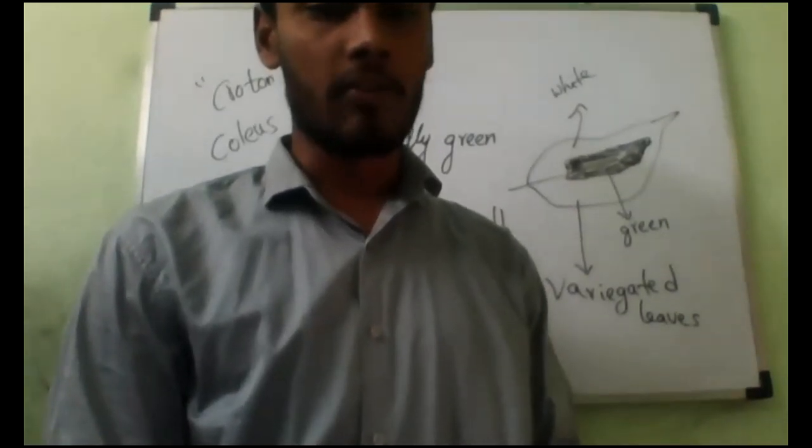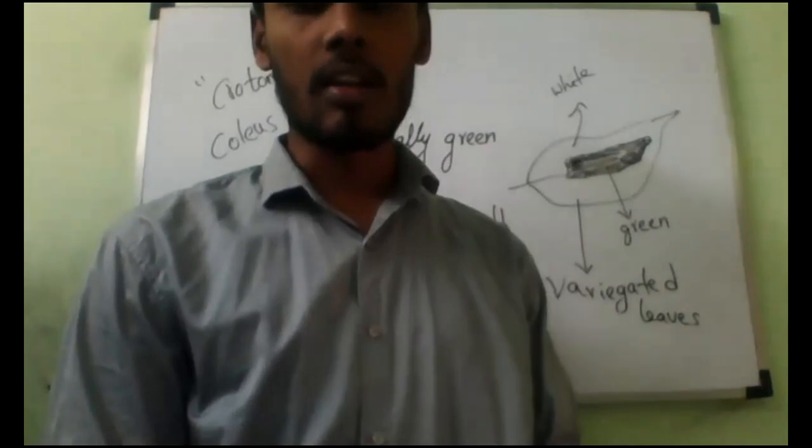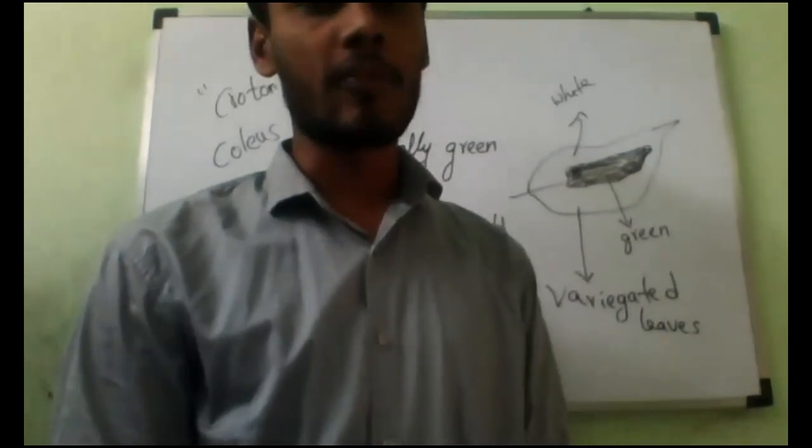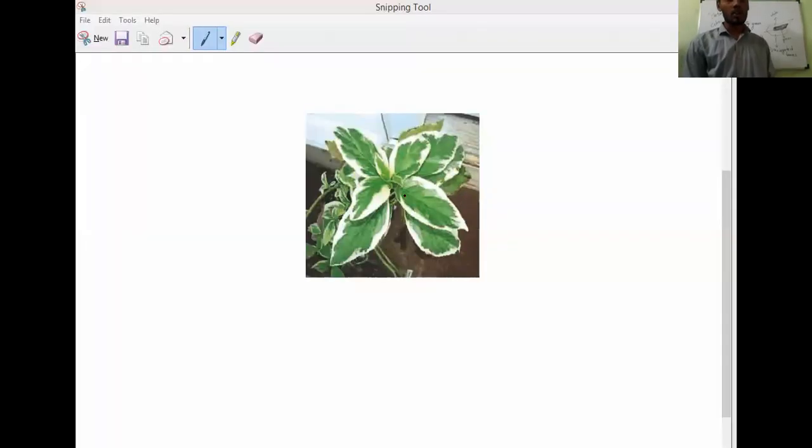Some kind of plants will have yellow also, sir. Yellow color also, sir. Like this kind of plants. Have you seen it? Here you observe. All of you see, the green part is present only at the middle. Is it yes or no? If you take this leaf, this is the boundary of the green part. In the sense, chlorophyll is present only at this region.